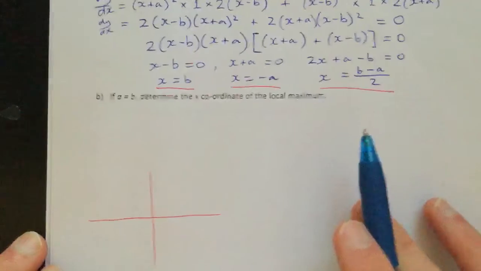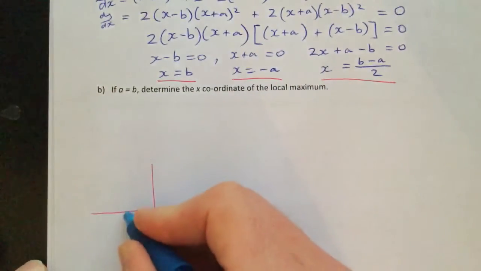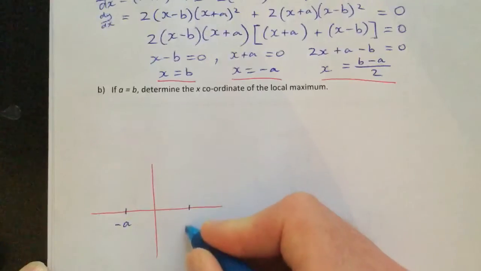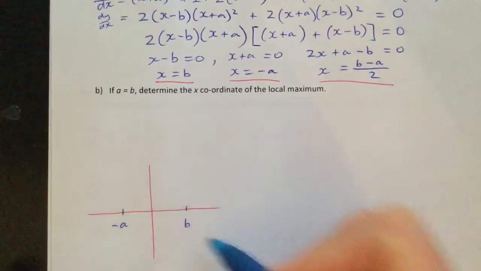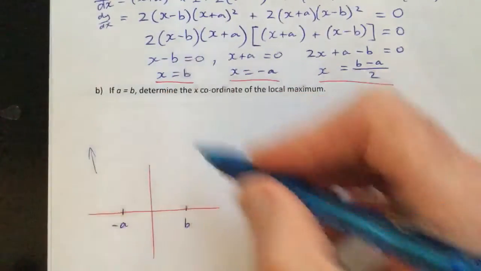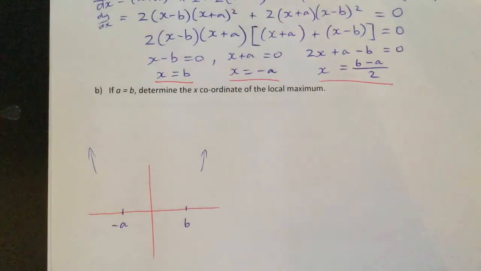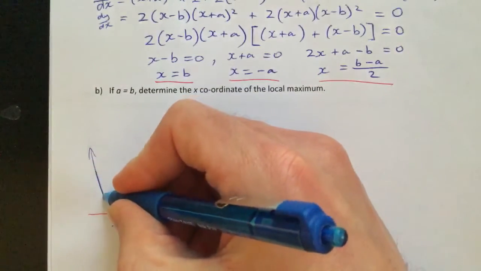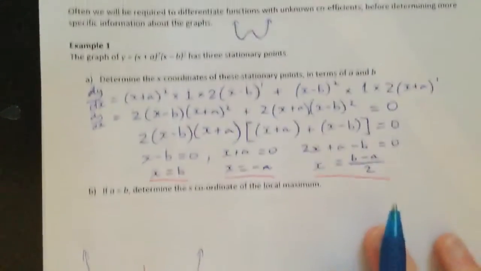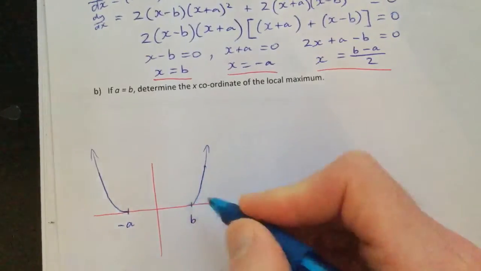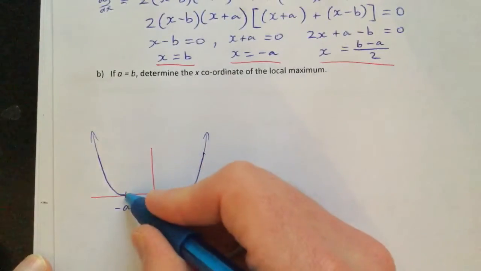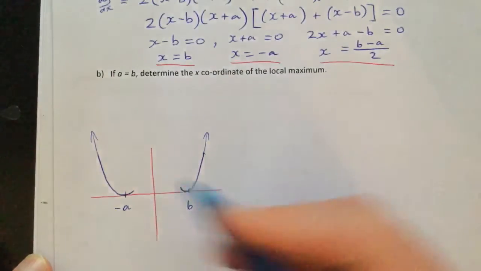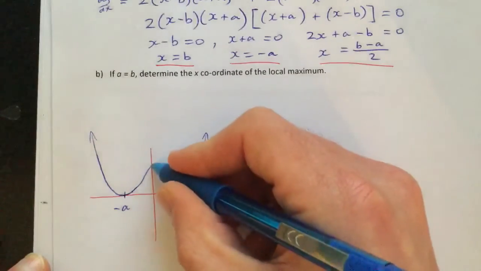So if we've got an intercept at, let's say, negative a, and another intercept at b, and this third intercept somewhere else, well, we know that a quartic graph has got to be going up at both ends. And so really what's going on here is we've got a turning point there, and we know that it's a turning point because this was a squared factor, okay? We've also got a turning point at b on the x-axis, again because that was a squared factor. And so really the maximum's got to be somewhere in the middle, right? Because this is turning around, that's turning around. I have to have a maximum somewhere in the middle here for this graph to be possible and